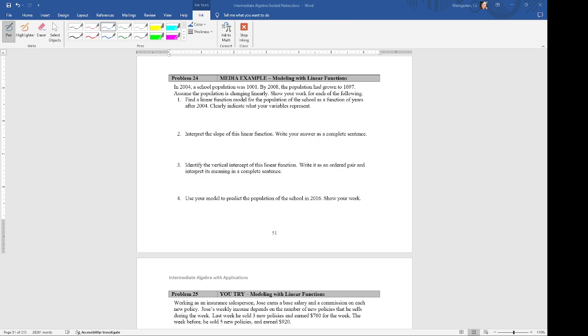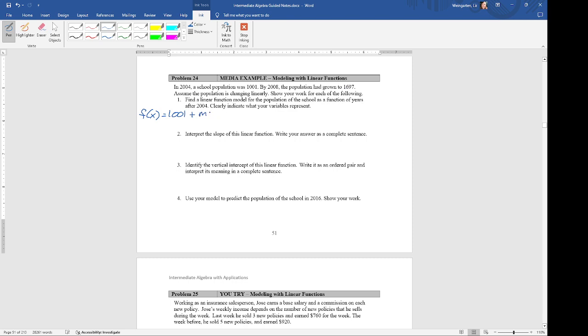We want to find a linear function model for the population of the school as a function of years after 2004. So, we know that we are looking at a function. We'll call it f of x. The initial population was 1,001. And we're adding what? We're not explicitly told how many students it is increasing by per year, so for now we're just going to